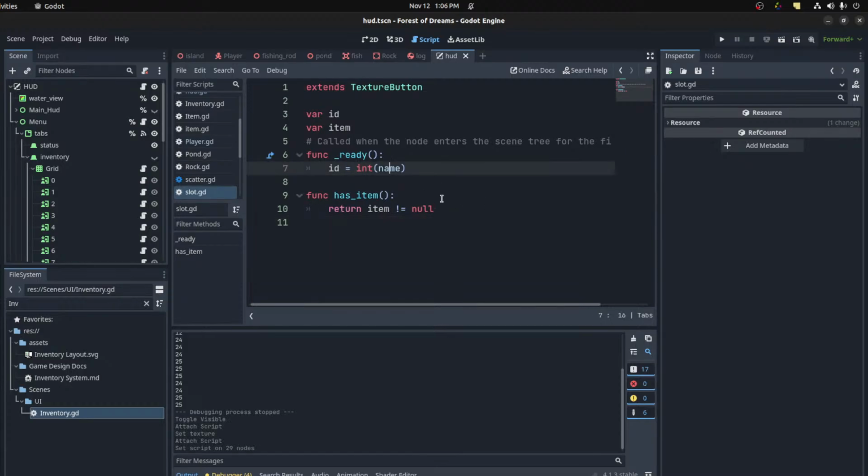A mistake. Cause I put it as a number, I was just thinking it's a number. You know. Alright, so if it has item,